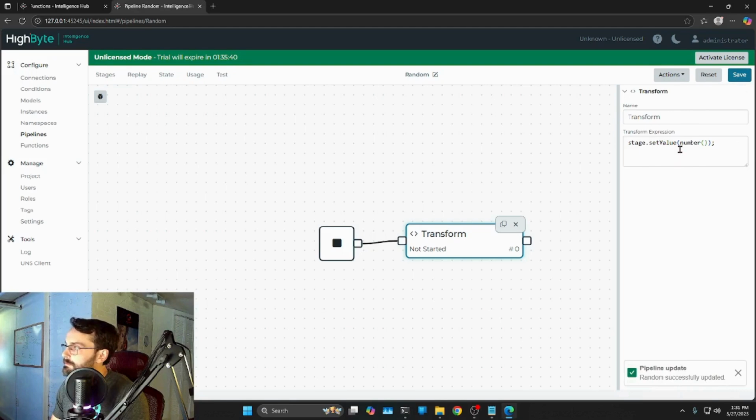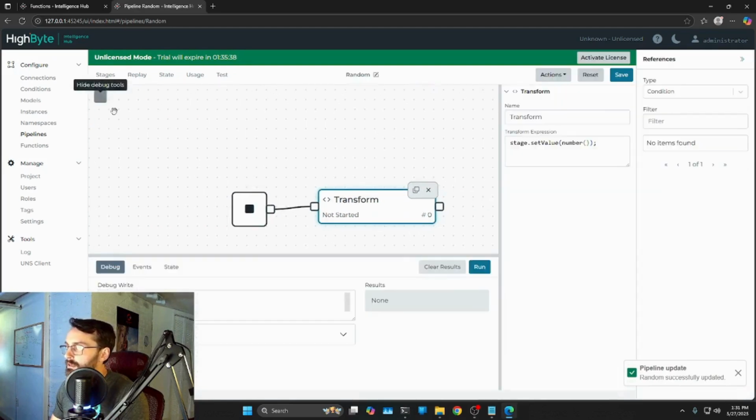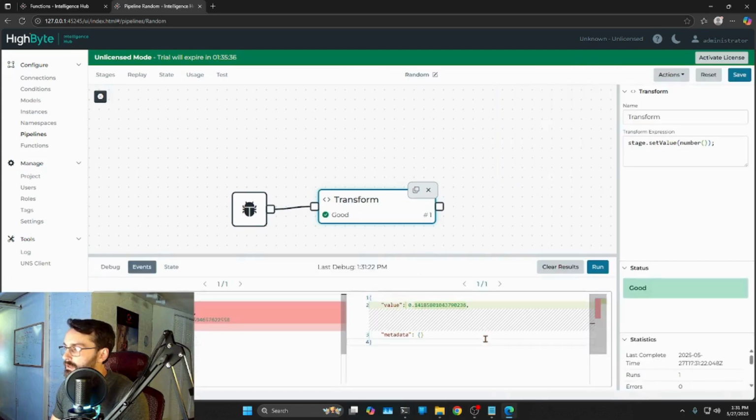I'm going to go ahead and save. See if I did that right. And hop in here, run. Yep, there we go. So you can see that function I just defined, which just returns a random number, I'm able to continue to query it from my transform expression. All right,